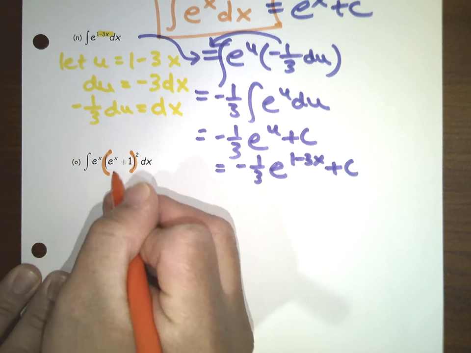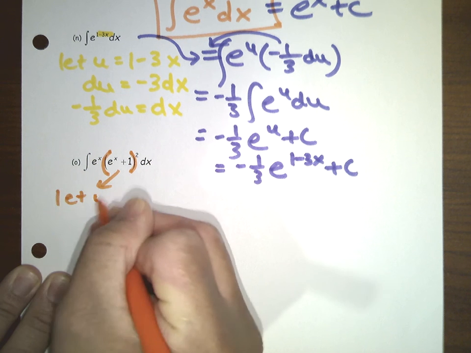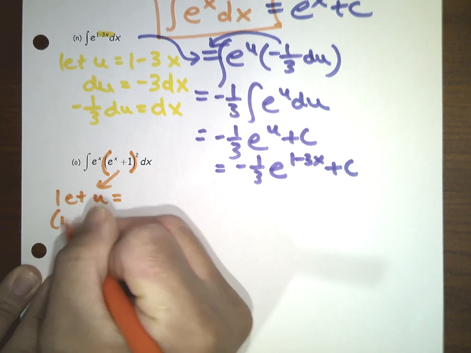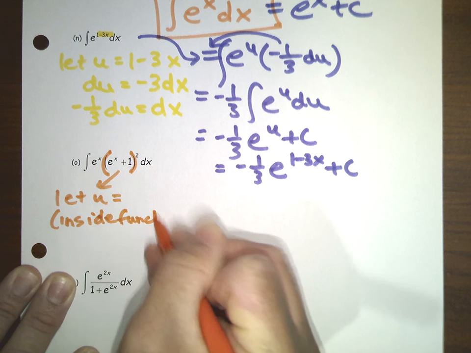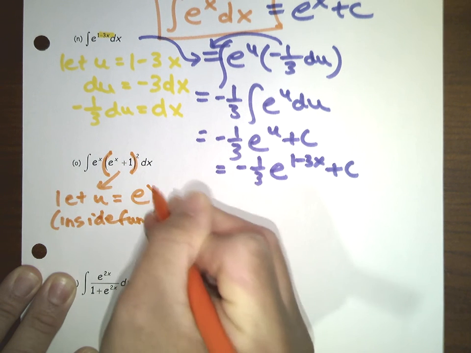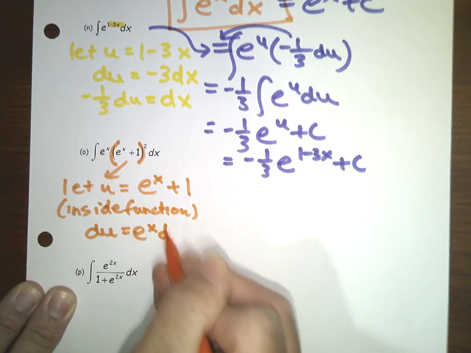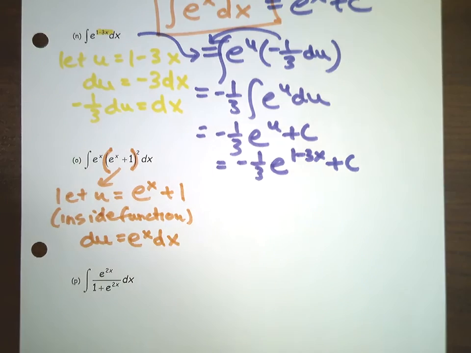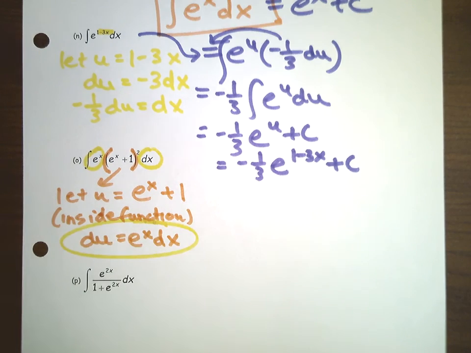So I'm probably going to have a situation here where I let u be the inside function. So whatever is being squared here, so that's e to the x plus 1, then du is e to the x dx. But I see that e to the x dx is already in the problem, so this actually just becomes